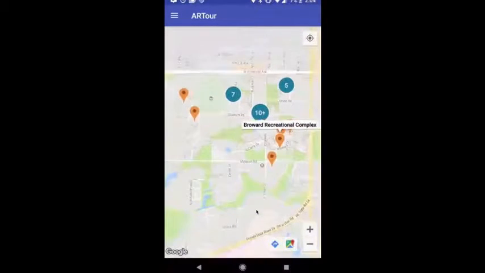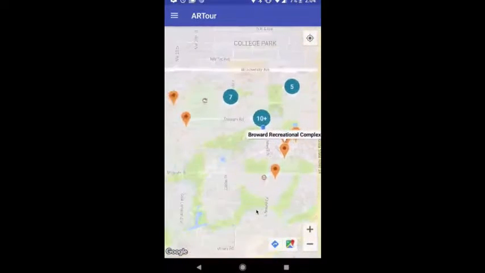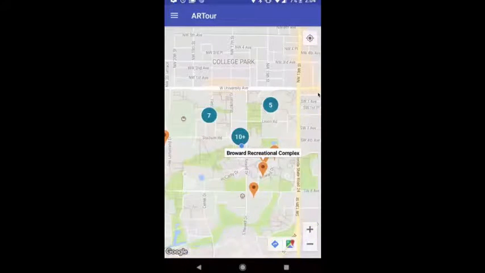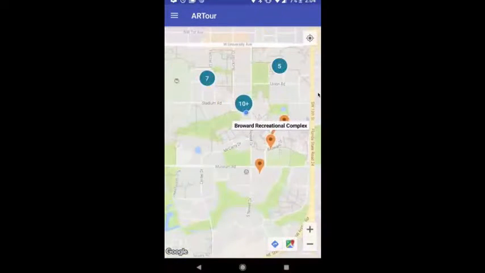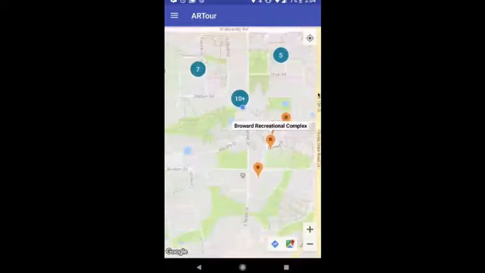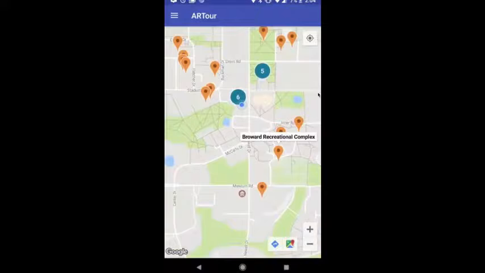Yeah, so while the map is up, the app is currently searching for beacons. So all of these locations here are represented by GPS longitude and latitude, but also they'll be represented by a physical beacon in the location where they are. And when that beacon is encountered, it will essentially prompt the user to look at some detailed information about that location. So right now a beacon is being turned on,